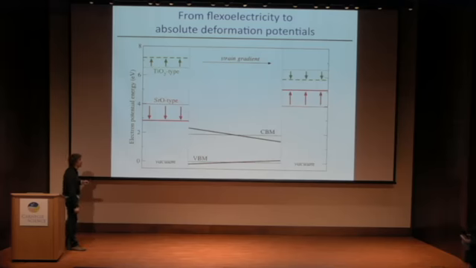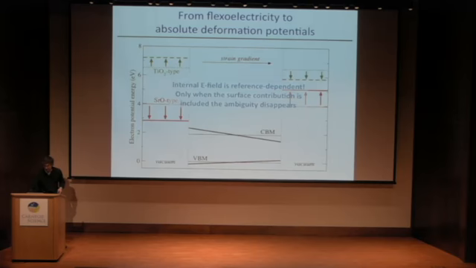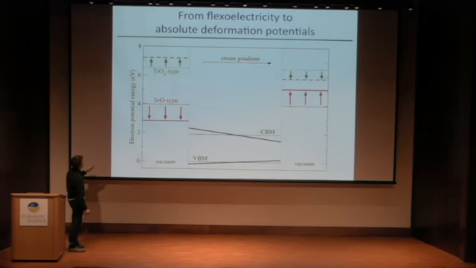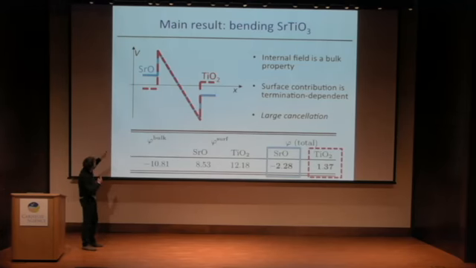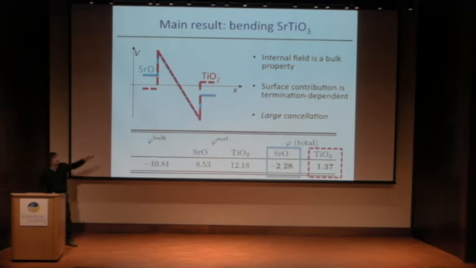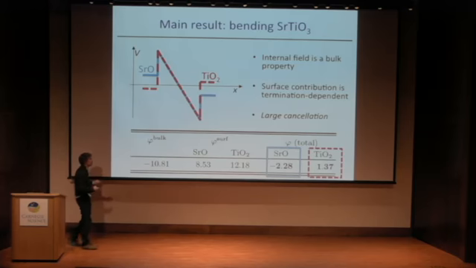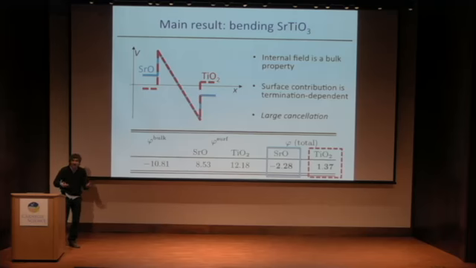So this was the result. We can go back to the slide I showed you at the beginning. We have the Strontium Titanate slab. Actually, here I showed you something that is not very interesting from a physical point of view. This is the macroscopic electrostatic potential inside. But from an experimental point of view, what I want to know is what my charge carriers will do when I bend the slab.